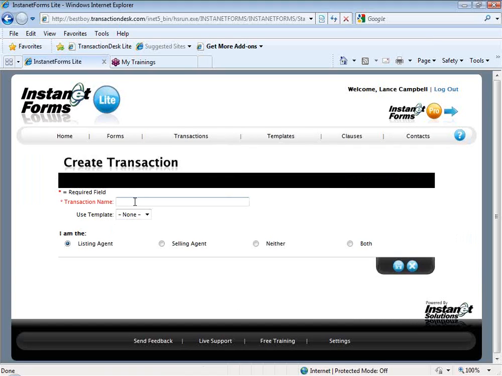We're going to give our transaction file a name. We can name this transaction file anything that would be appropriate for either our office file naming structure, our business file naming structure, whatever is going to help us identify our new file from any other within our transaction file list. So in this case, we're going to use the client's name